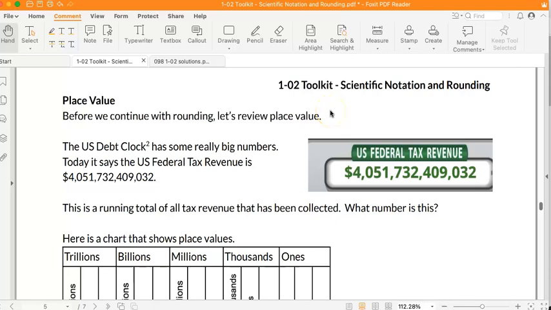So on this page, we're going to look at some really big numbers. The U.S. debt clock has huge numbers on it. And again, this too is a footnote that will take us to a website. Today it says the U.S. federal tax revenue is